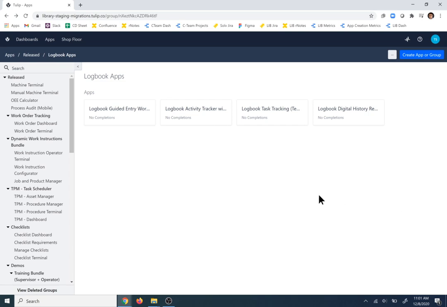Hello, my name is Joe Sinopoli, and today I am sharing with you the logbook example solution of applications in the Tulip Industrial Operations application library. This solution of applications comes with a total of 4 applications that show example usage of logbook functionality in the